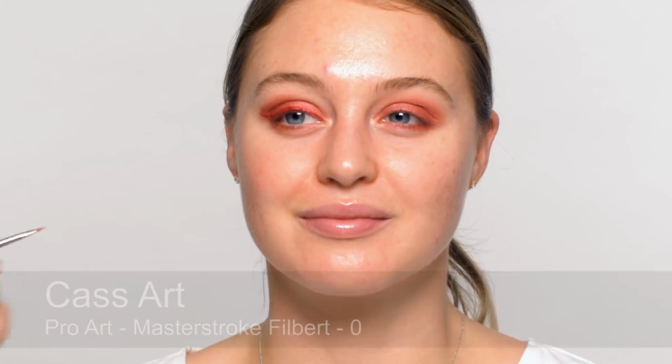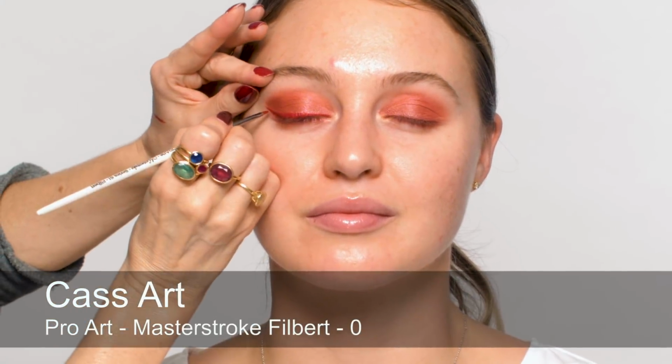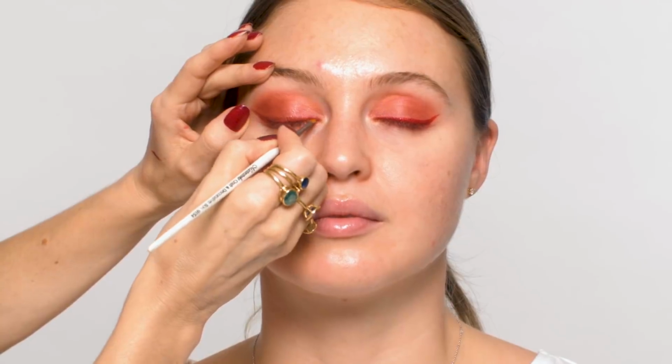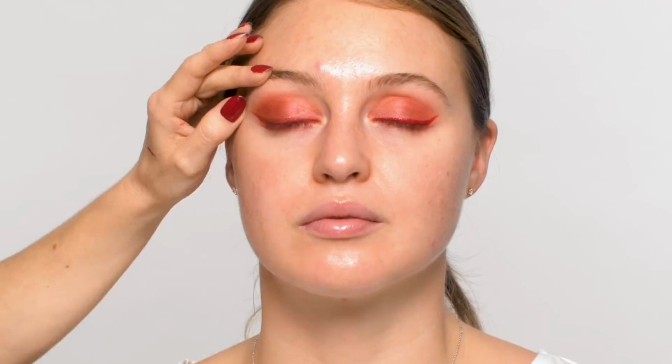And because it's quite a thick brush on the end of this, I'm going to take the colour off onto one of my little art brushes to give a finer point there. So I'm actually just going over the eyeliner now. I think for this look it was a little bit too red. So I'm using the saffron shade and a little bit of a shade called Oud, just to soften, and also,